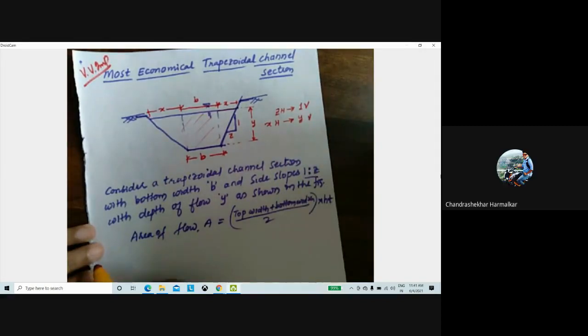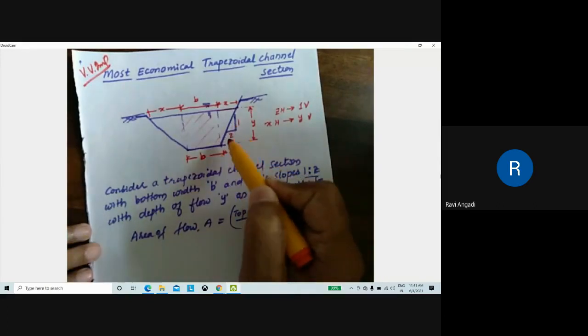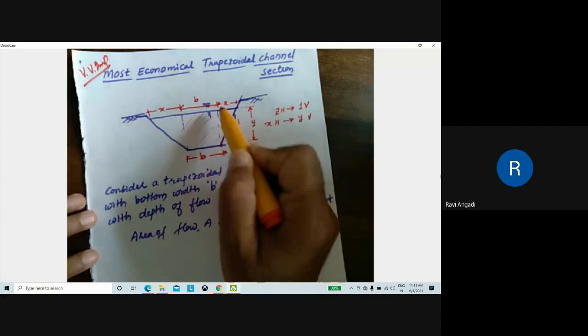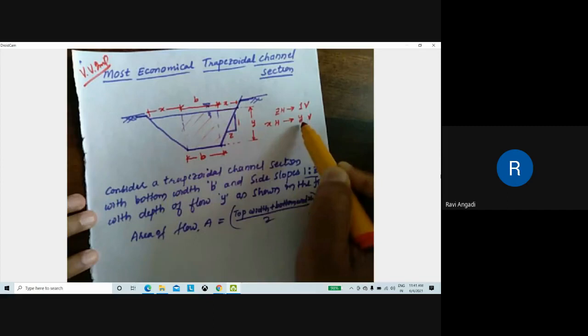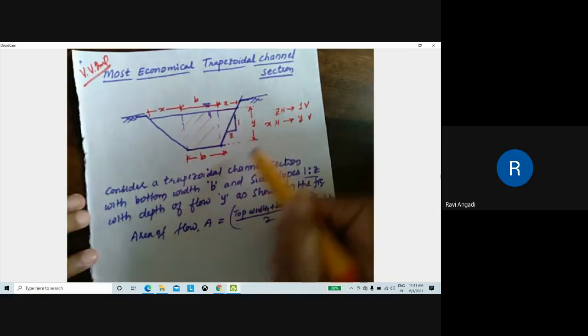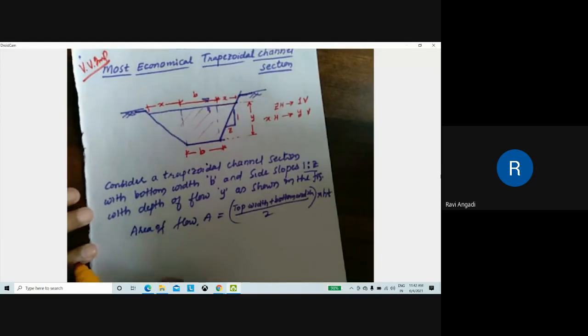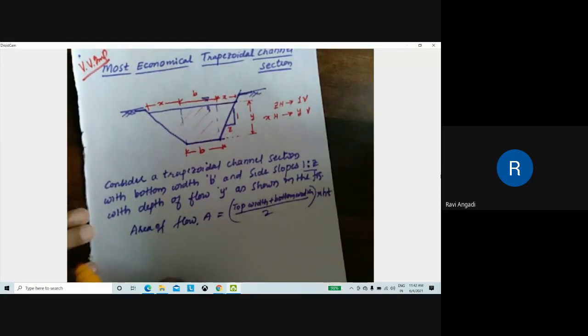I'm asking you all, you can comment in the comment box. Try to understand here how I am calculating. For Z vertical, this is a given condition. For every Z horizontal, you have to take one as vertical. So for X horizontal, total, what is the vertical here? Y is the vertical, right? Anybody have doubt? Shall I move forward? Yes, sir.